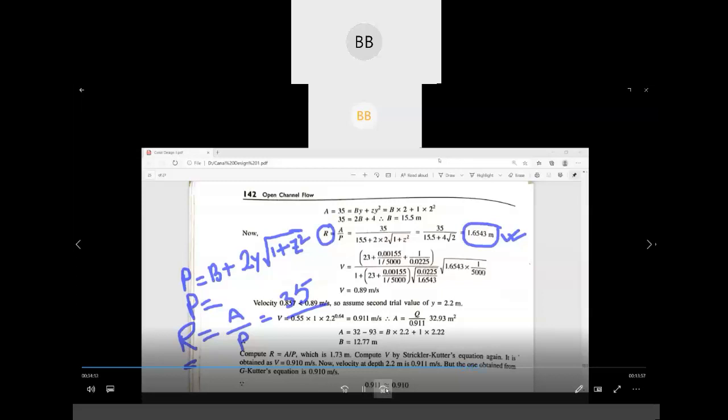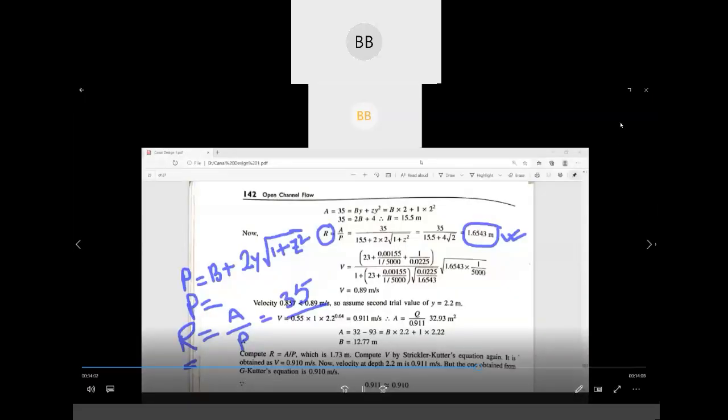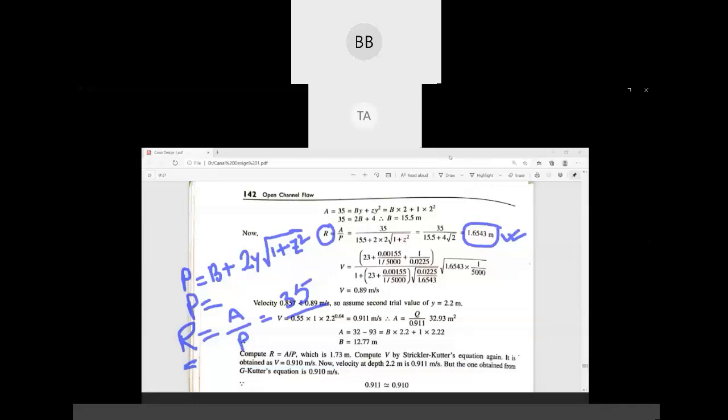Okay, fine. So now we have to find out the velocity again. I think you have that equation for velocity. V is equal to